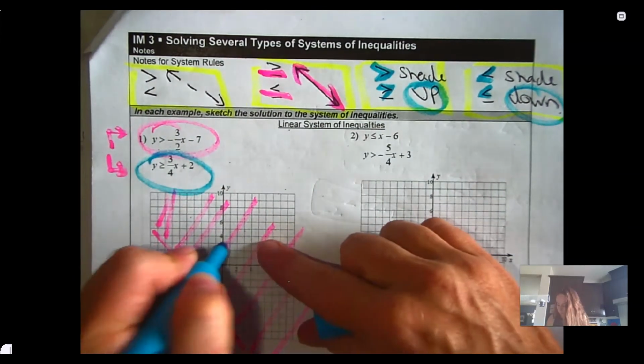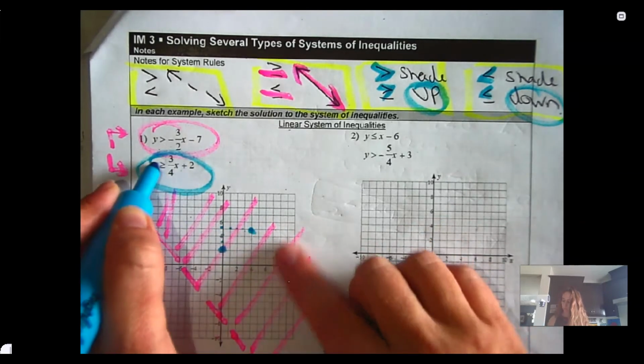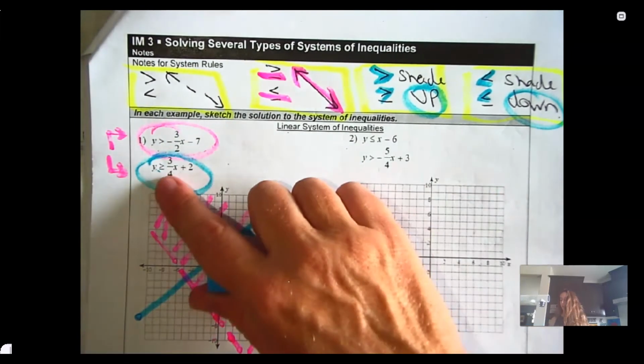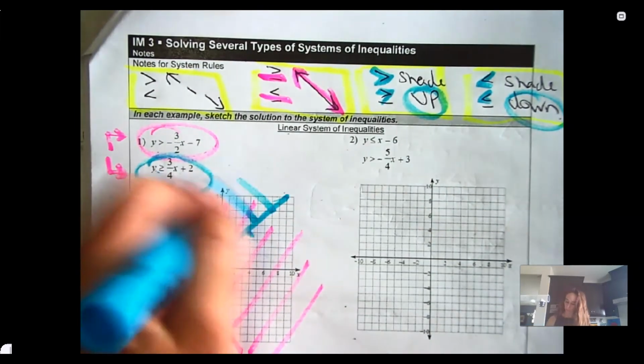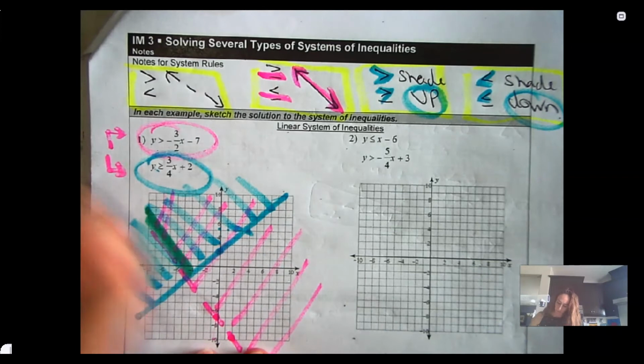Up 2, up 3, 1, 2, 3, 1, 2, 3, 4. Line on the bottom means solid. Am I shading up or shading down? I'm shading up because it's greater than. My actual answer, if you graphed it in Desmos,